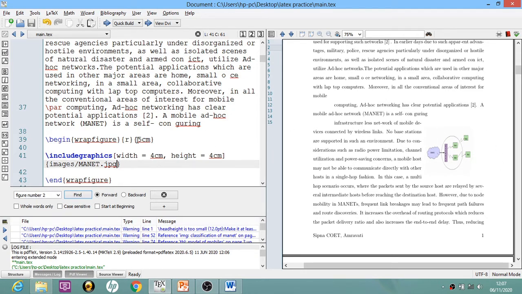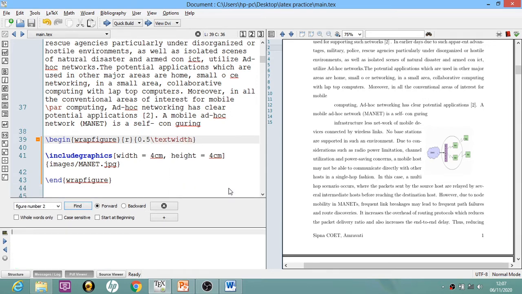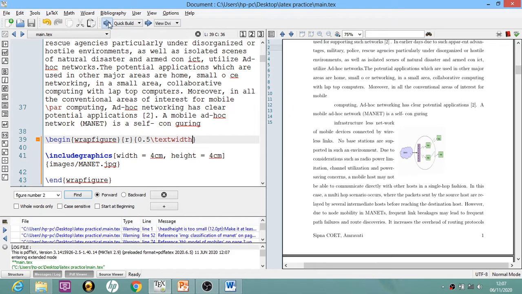Now suppose you want the image to span half of the page and the text to span the other half. To do so, over here instead of writing 5 cm, you will write 0.5 textwidth. 0.5 textwidth means half of the text width, and again we will compile this. Now you can see that the text is at half of the page and the image spans the remaining half of the page.